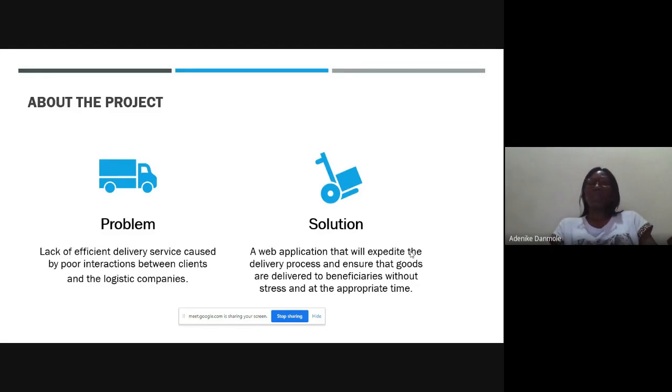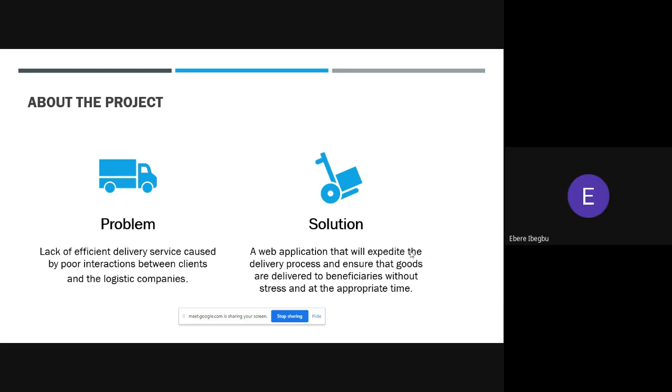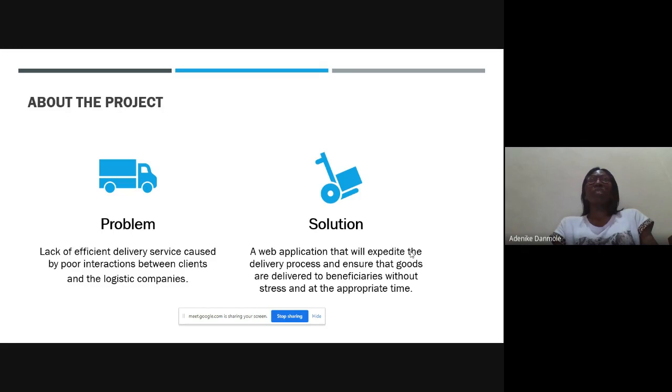And what are the problems that the customers face? The customer could be an individual or a merchant. So I want to use myself as a case study. Most times, because I work from home due to COVID, I order my goods online, and I find out that the suppliers mostly get feedback from the logistics company that maybe they're trying to call the rider or logistics company and they're not picking their calls, or maybe they pick their calls and at the end of the day